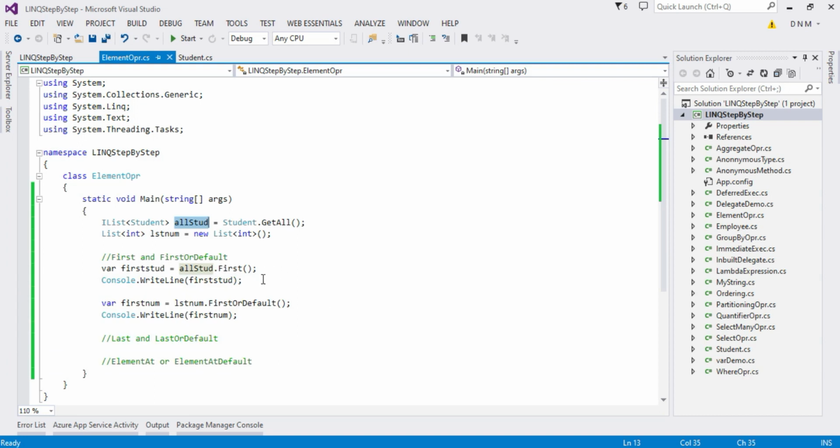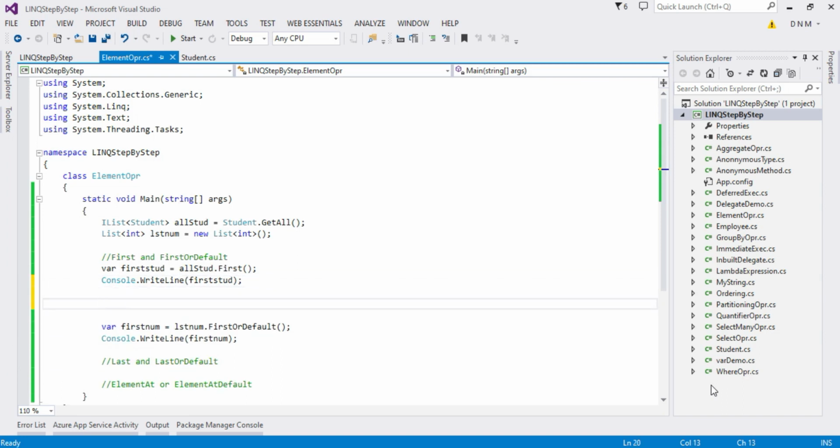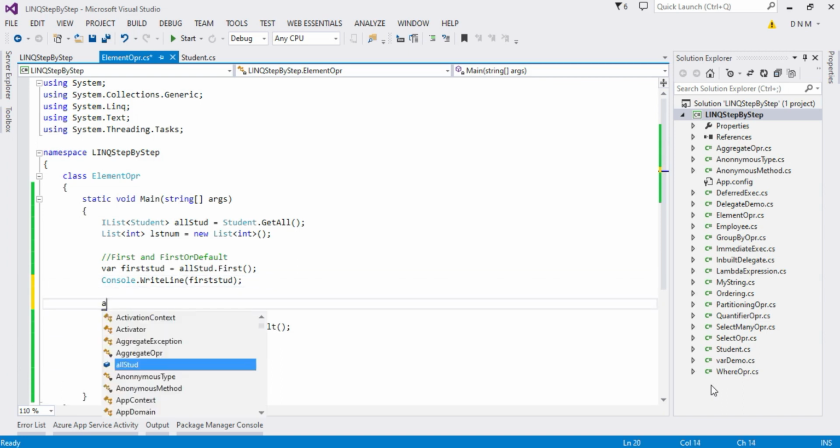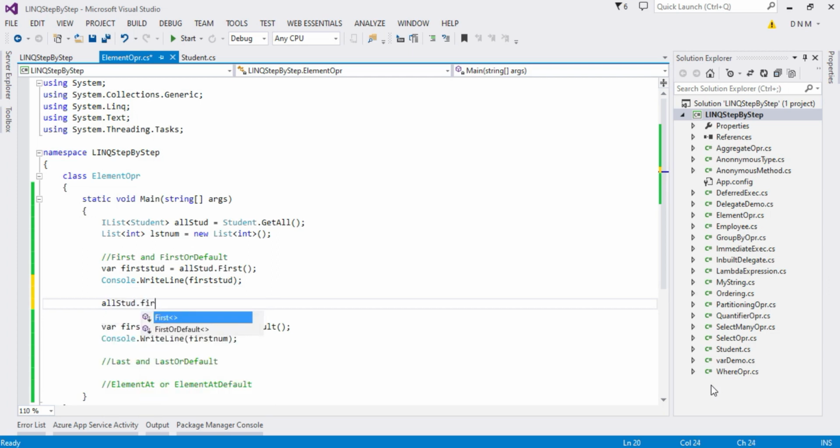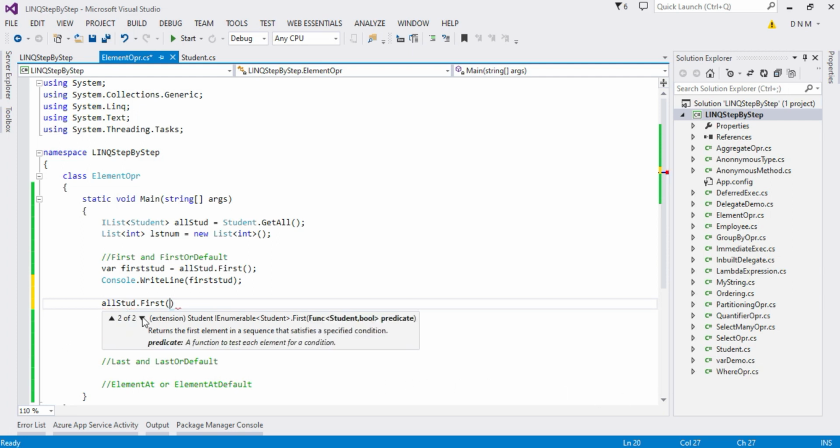Now based on a condition, suppose you want to choose the first element in your sequence. Say all stud dot first. Here, as you can see, there is a second overload of this method also, where you have to provide the predicate. I already explained what a predicate is.